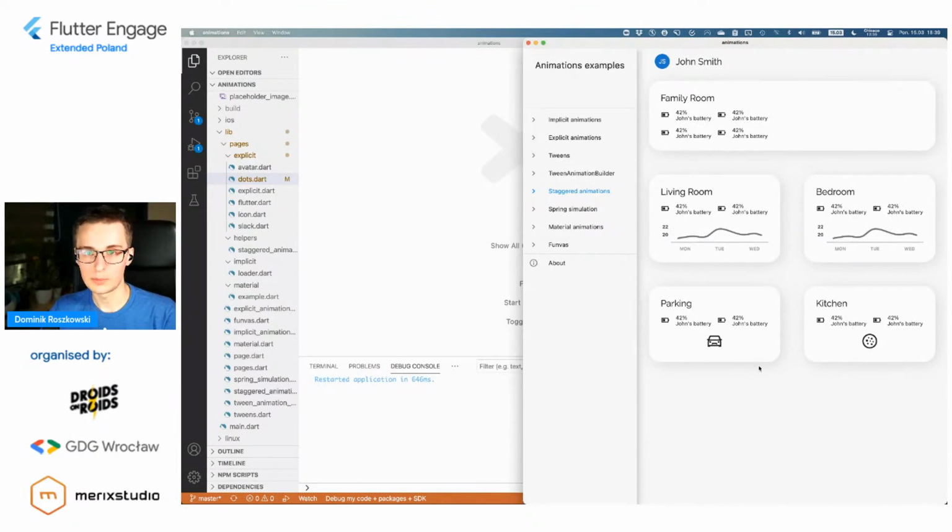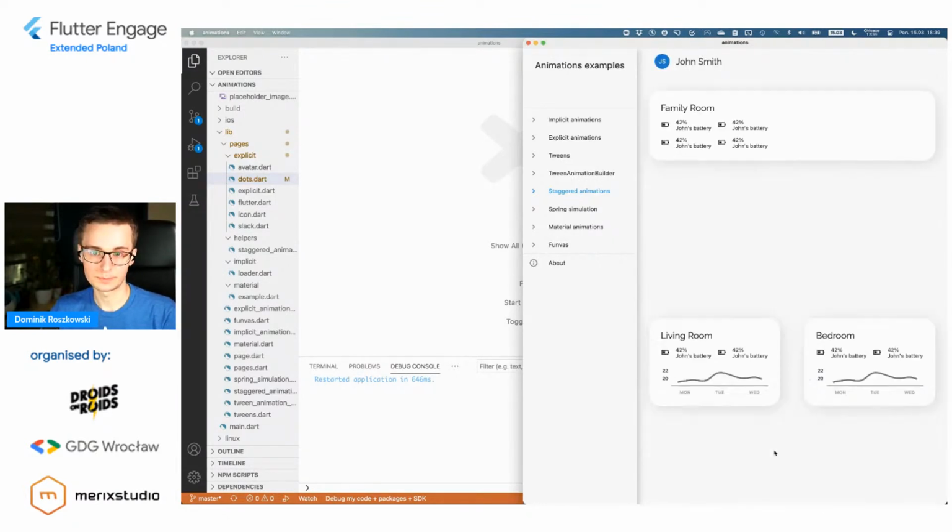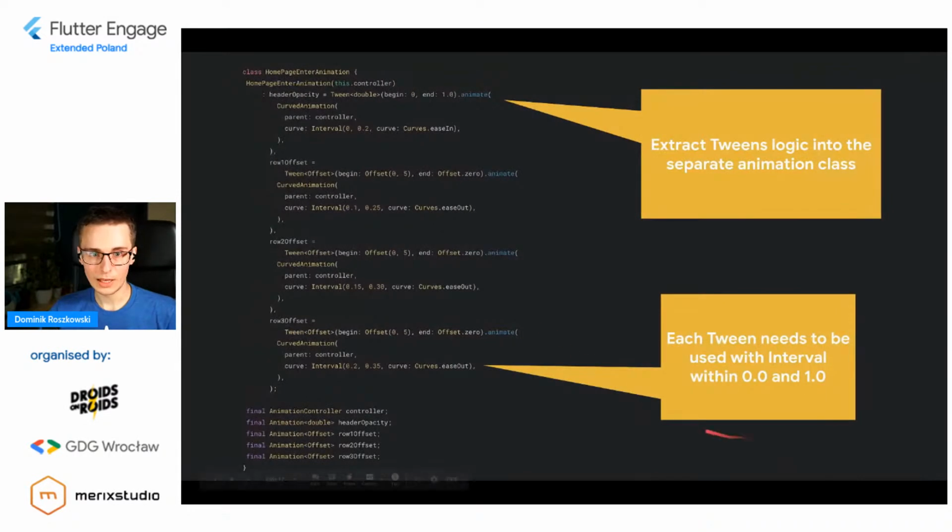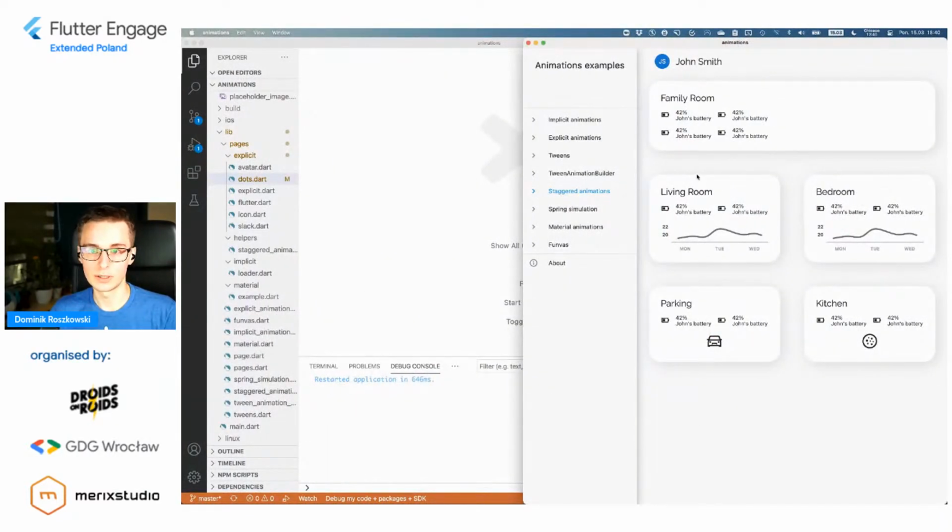And all of them happen in some kind of succession. And this succession is a result of these intervals being a bit overlapped on top of each other, right? So this first one happens from 0.1 to 0.25. However, the second one happens from 0.15 to 0.30. So they are a bit overlapped, and this makes this succession in steps, right?